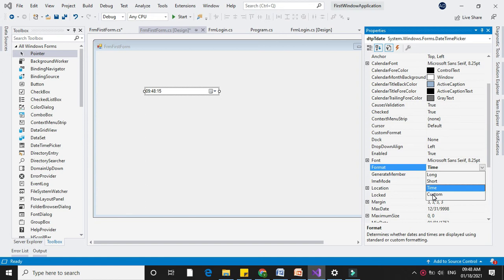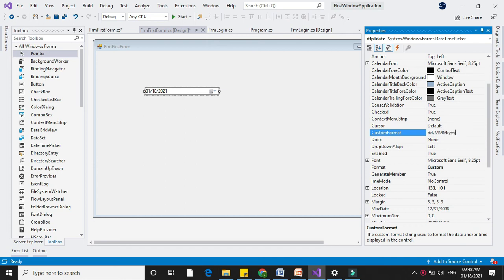And if you select Custom, you can set the format in CustomFormat. So if you give d/M/yy, it will display the format like 18 Jan 21.